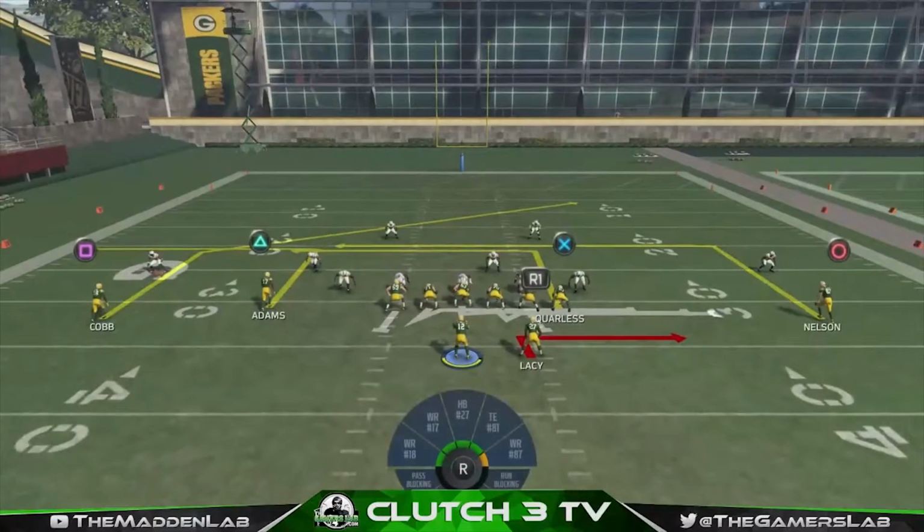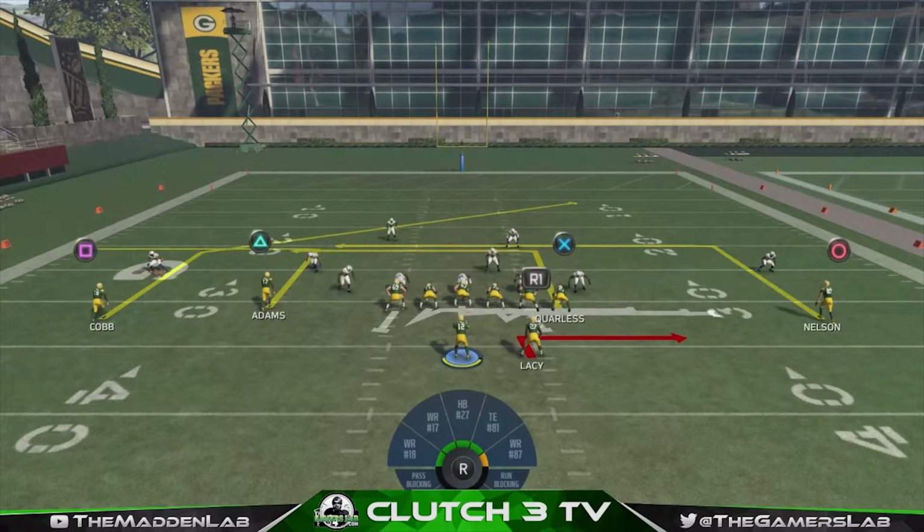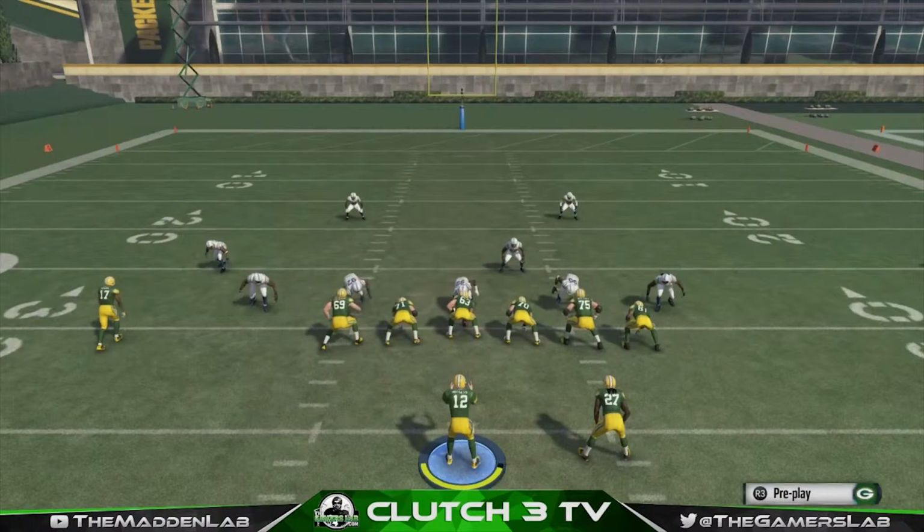So here you can see they're in a Cover 2. As you can see, the two safeties are high, the two corners are down, so that means they're in a Cover 2 shell. So I know that cornerback is going to be the only person in that zone on the right side of the field. So we're going to snap the ball,